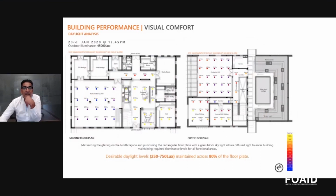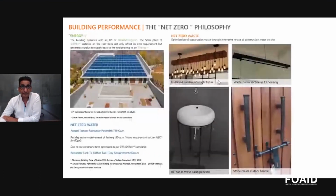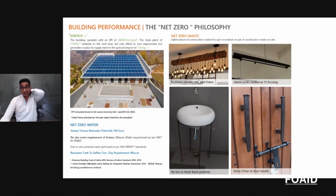And we did sort of a mapping and then measured it against the real product, and we found that we have desirable daylight levels pretty much across 80% of that floor plate. In terms of then going back to a net zero philosophy, but moving it more towards performative, we managed to have